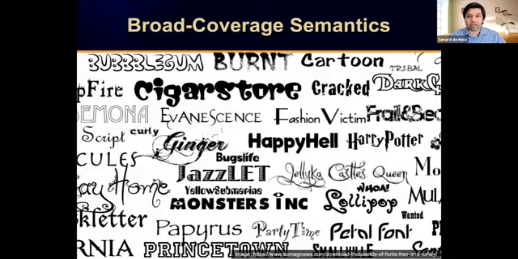And then more generally on the web, nowadays, there are all sorts of fonts. You can find fonts for basically any kind of idea you want to express. There are Halloween fonts. Here you can see the Monsters Incorporated font, where there's an eye of a monster in the logo. And there are all these kinds of fonts that are very specialized. And so just having 37 attributes is not going to be enough.